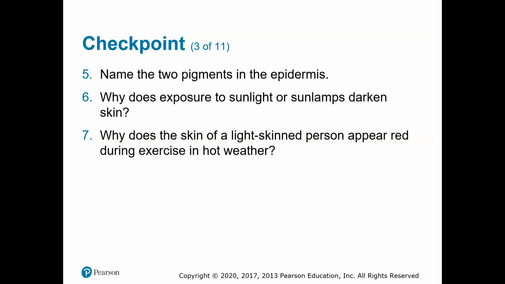Two pigments in the epidermis are melanin and carotene. Exposure to sunlight darkens the skin because it increases the production of melanin. Why does the skin of a light-skinned person